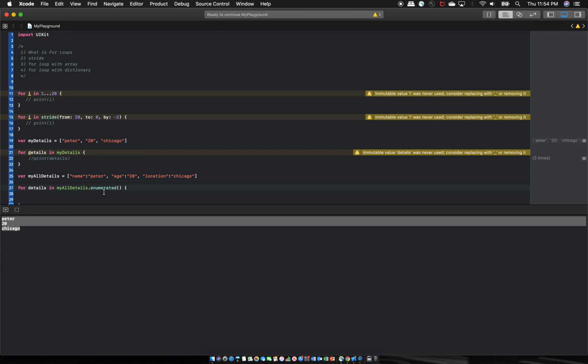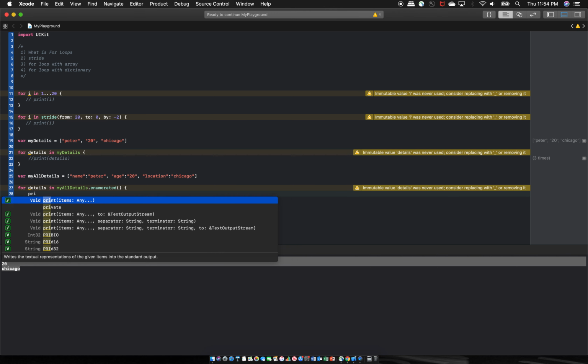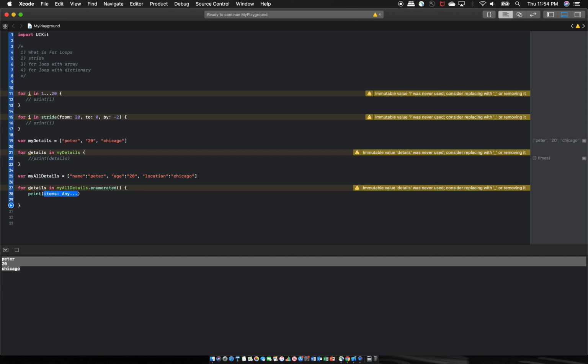So you will enumerate this so you can get two details. One is the index value, the second one is, index means key value and its value, index and key both. Okay, now print, you will get, okay, so here because it's a key value pair, so you have to use something like,